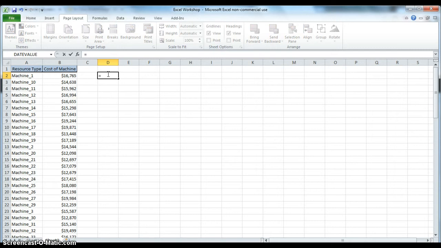To begin, we'll start with basic addition, subtraction, multiplication, and division operations. Let's suppose we want to know how much it costs to buy machines 1 and 2 and what the total cost would be. In order to do this, we click on the cell that contains the cost of machine 1. When we do this, you can see that the column and row identifier appear in the cell in which we are trying to create a formula